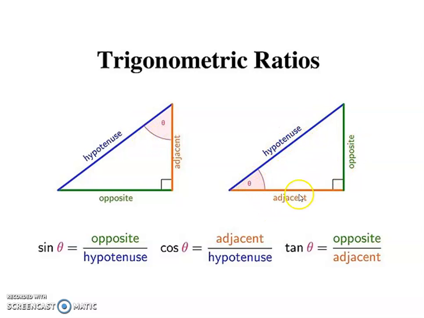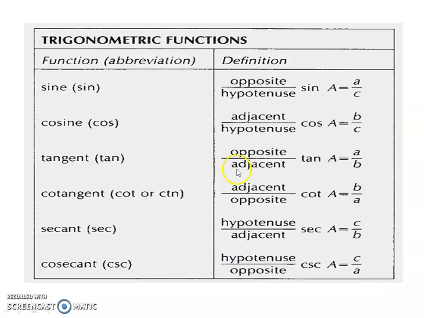Hypotenuse is here, adjacent is here and opposite is there. Be careful about the diagram. Here theta is given on this side, so this is the opposite side and this is adjacent, hypotenuse remains the same. But in this diagram, what I noticed is that hypotenuse is this, this is adjacent and the opposite side is this. So sin theta is equal to opposite upon hypotenuse, cos theta is adjacent upon hypotenuse and tan theta is opposite upon adjacent. So these are the trigonometric function abbreviations and definitions.